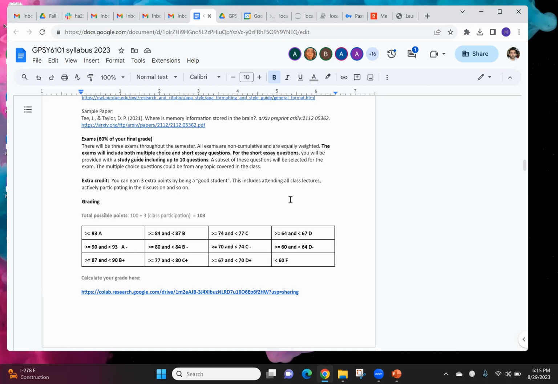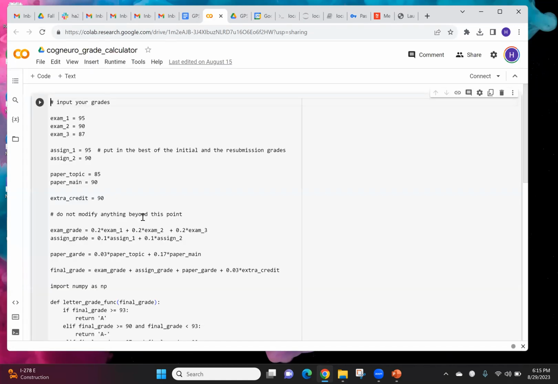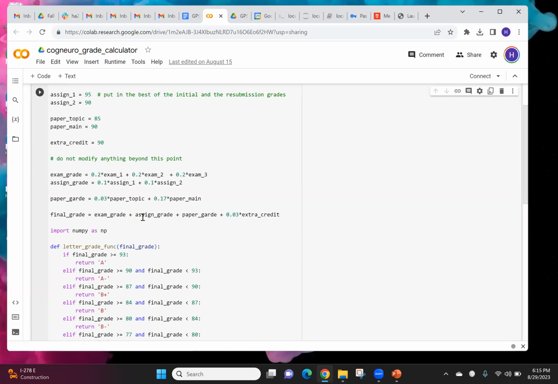The rubric is the standard New School rubric. We have in total 103 points because of the 3 extra points. Anyone above 93 would get an A, and then the rest are here. You could check it out. This is something we used last year where I created a very simple tool, if you could call it that, to put your grades in and then calculate your